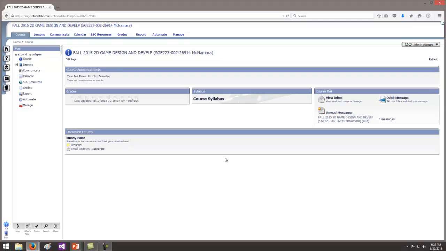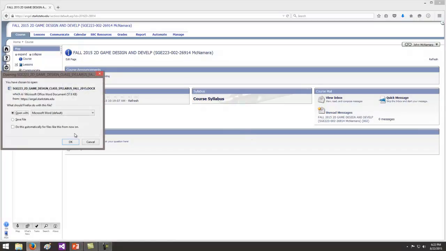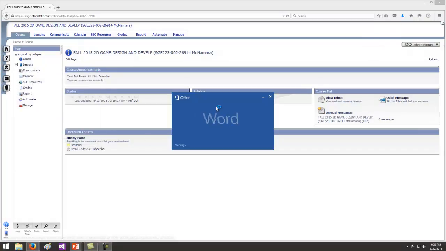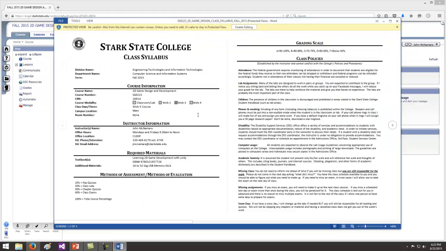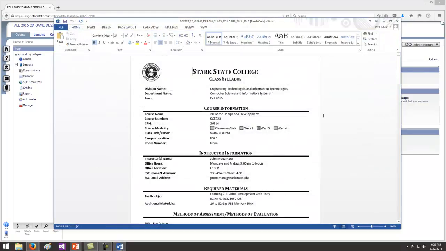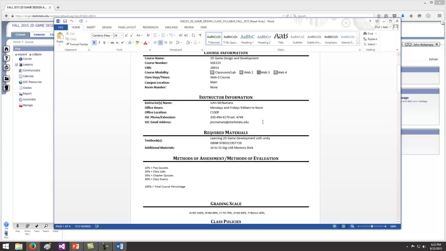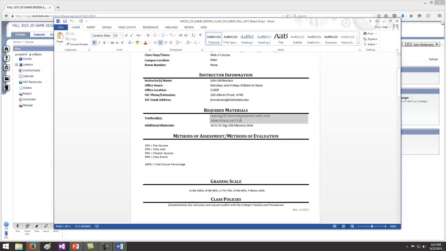If you go to the course's main page, it looks like this. Obviously, I'll be dressing that up eventually and putting some graphics in there so it looks a little bit better. And you open the class syllabus. You'll see the class, the number, my contact information, and when I have office hours. This semester, it's Mondays and Fridays. I'm in the office 9 to noon. My email, and then the book that we need.